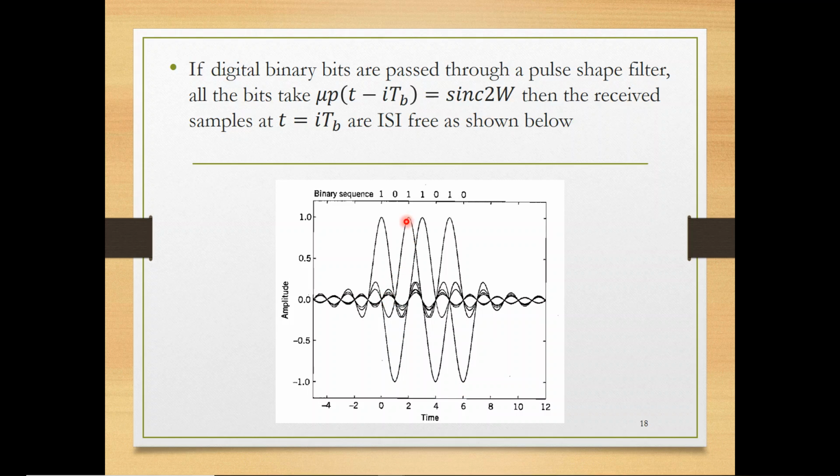Let's take the third one here. At this point, which corresponds to the peak, you have zeros. You have 0 crossing here. Means you have no intersymbol interference, and so on and so forth. This is how you can avoid intersymbol interference, by transmitting your data at the Nyquist rate, R_B is equal to 2W, where W is the bandwidth of your pulse